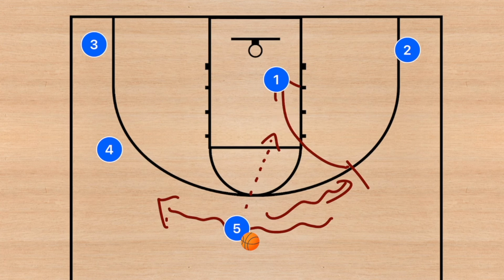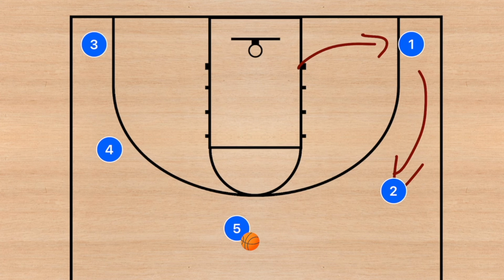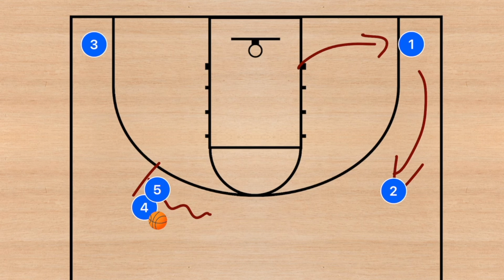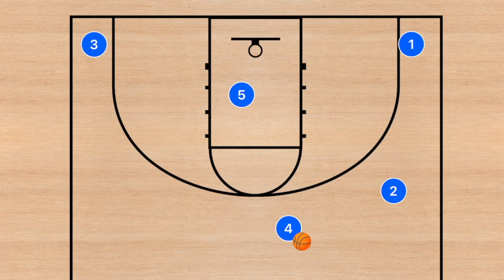If that's not an option and it's not open, then player 1 is going to clear, player 2 is going to lift. While these guys are doing that, player 5 is going to set the dribble handoff with player 4, and then player 5 is going to roll towards the basket, and player 4 is going to then dribble up top, meanwhile looking for player 5 as an option while he rolls. When that's done and that's not open, player 5 clears,